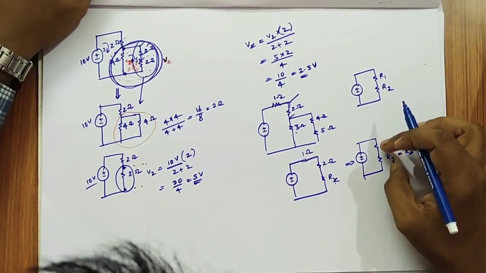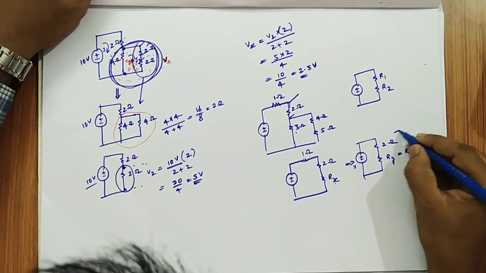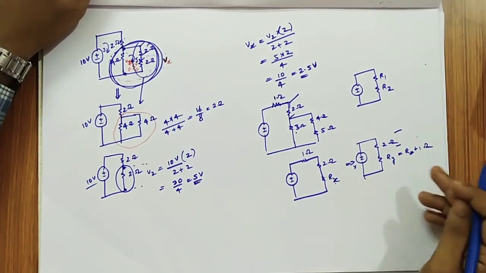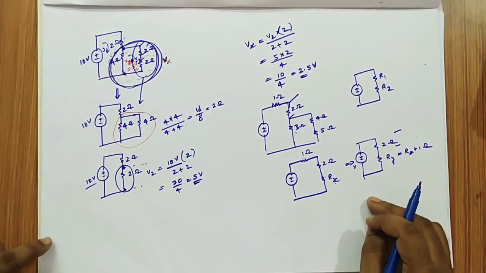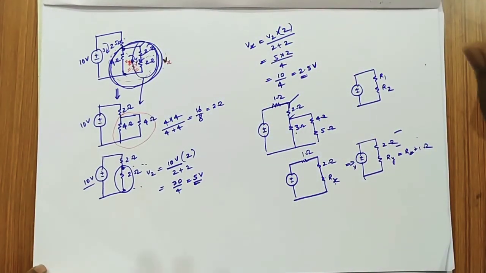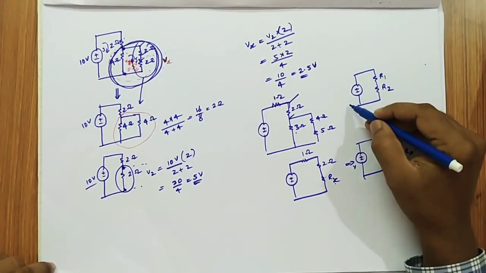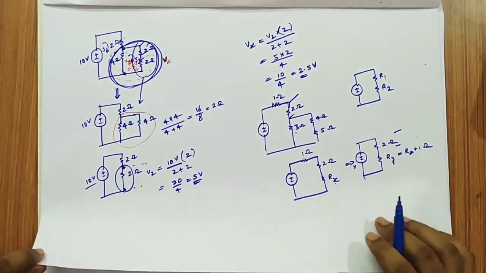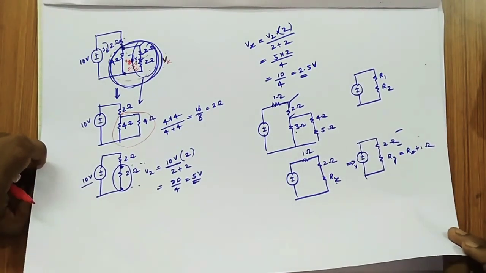Then you get the voltage having a series resistance. To find the voltage across 2 ohms, simply follow this voltage division rule. This is about the voltage division rule. If an examiner asks you a voltage division problem, plan in such a way that you form the circuit, and with practice you will get it. Okay, now we will solve